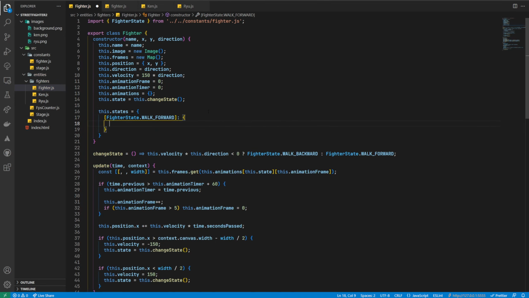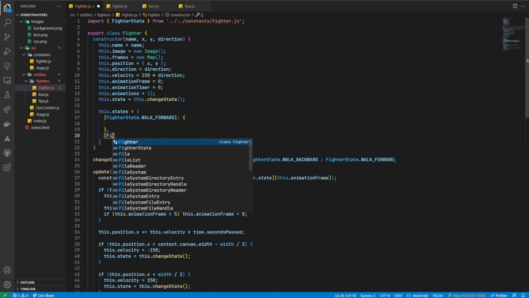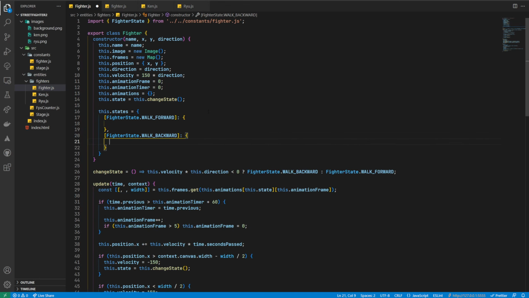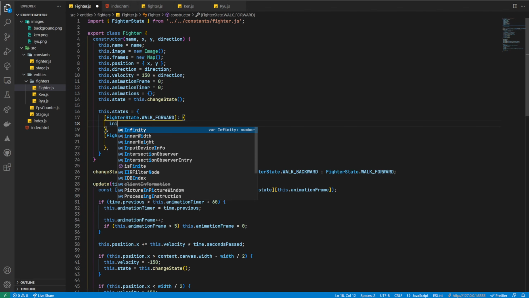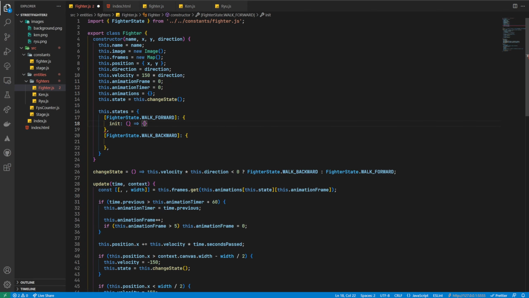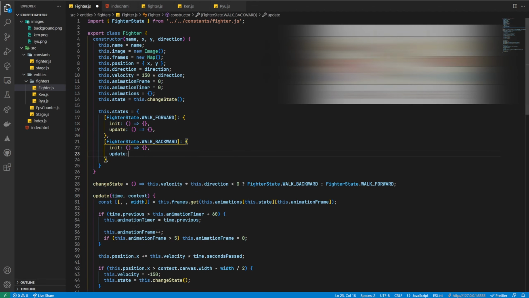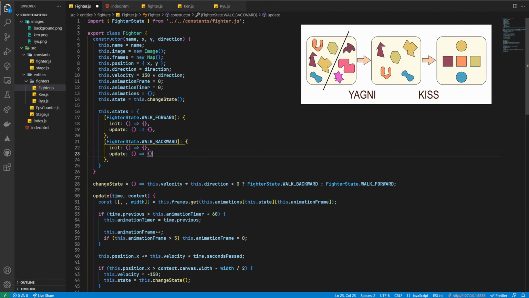We'll start by adding each of the states we currently have, which we know are the walk forward and walk backward states. Each state will have two properties to handle our transition. These include the init function for initializing the state when it's first transitioned to, and then an update function for actually executing the state. Some state machines also have a finalize or tear down function here, but at the very least for now, I don't think we'll need it. We may also want to extract this out to its own class in a later video, but we only have one entity that requires states at the moment, so this keeps us aligned to the standard developer KISS and YAGNI